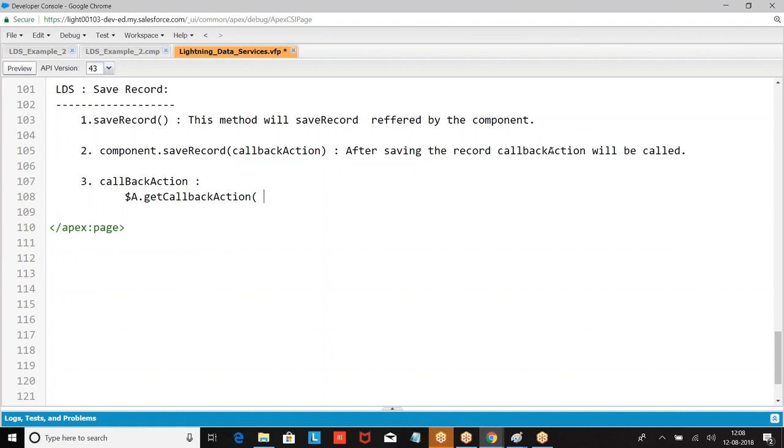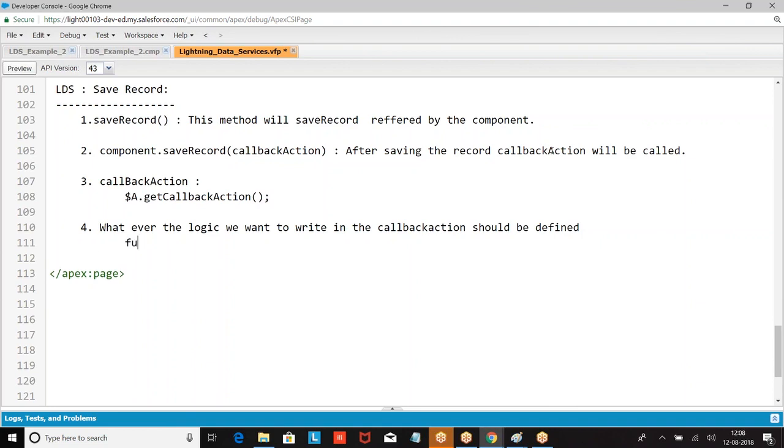In the callback action, whatever logic we want to write, we define it there. We define a function, save result.